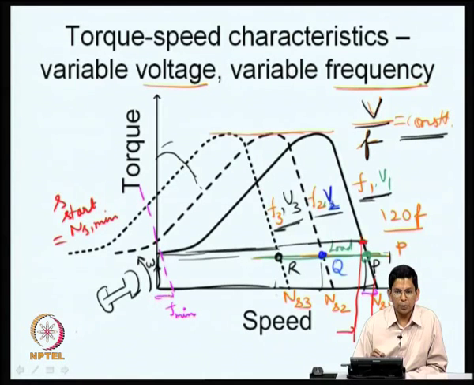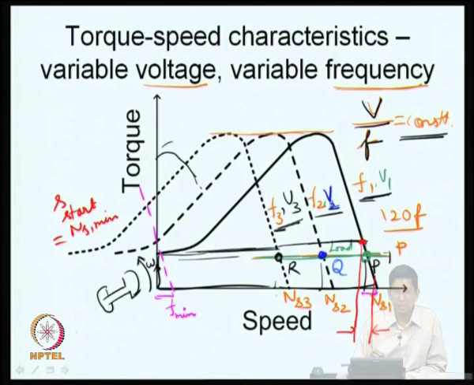At start, the synchronous speed at start and the rotor speed is 0. If you keep the difference between the two, or just the synchronous speed at start, to be lower than or comparable to this difference, that is the rated synchronous speed and the rated speed, then you are okay. You are going to have a slip frequency which is much smaller and your machine is not going to see a large amount of current.